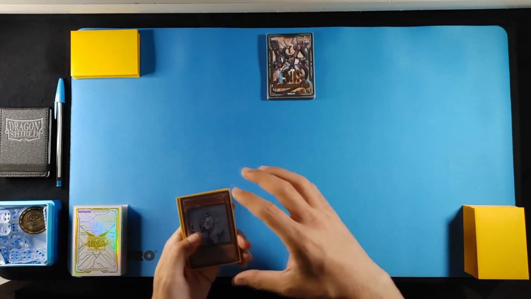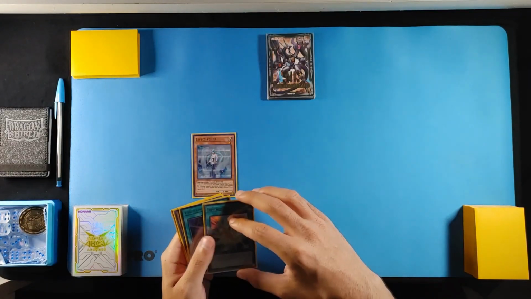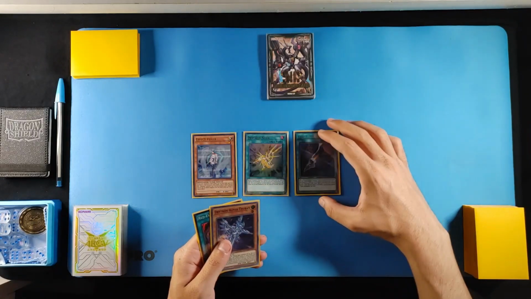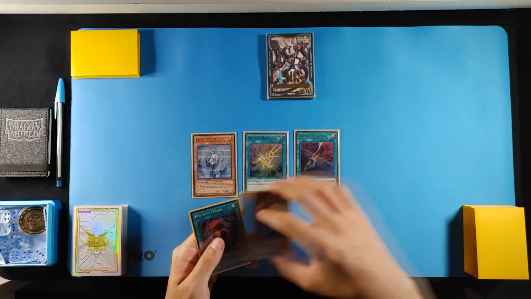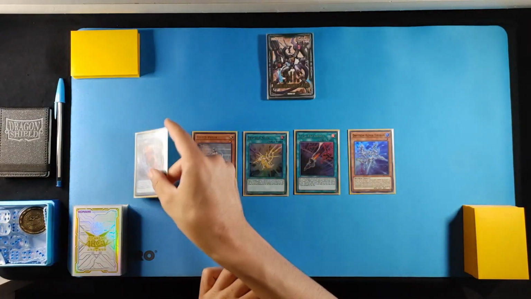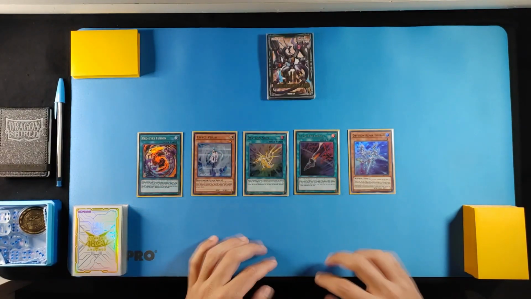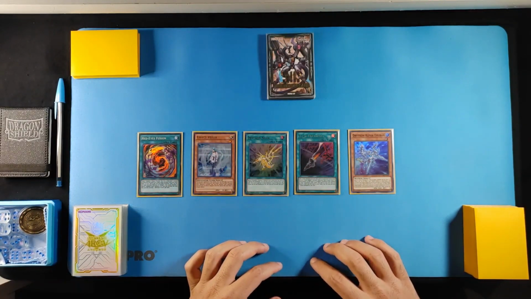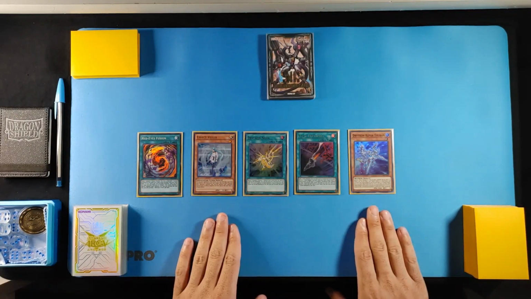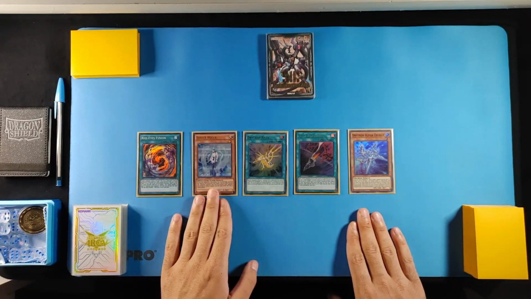So let's check out our first starting hand. We have Effect Veiler. We have a Drytron Nova. We have a Cyber Emergency. 1 Drytron Alpha. And we have Red Eyes Fusion. That's funny that we actually opened with a Dragoon package card on turn 1, but we opened it with a beautiful hand. I must say we have follow-up if we get